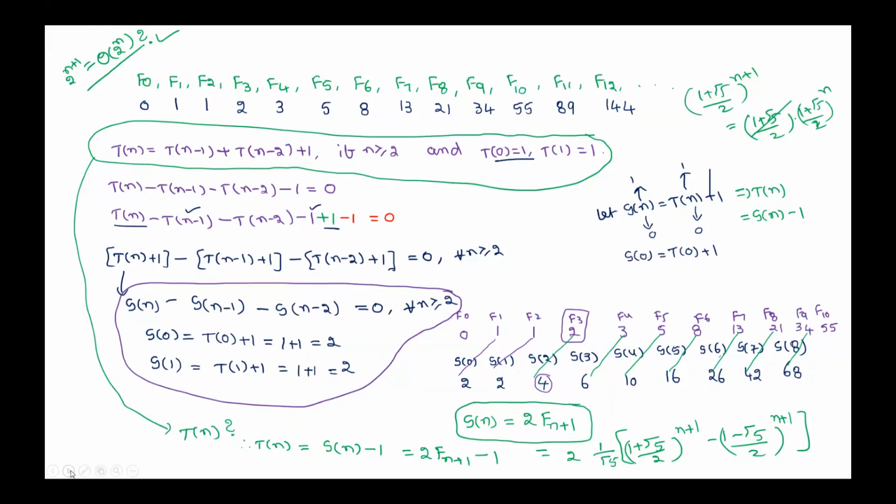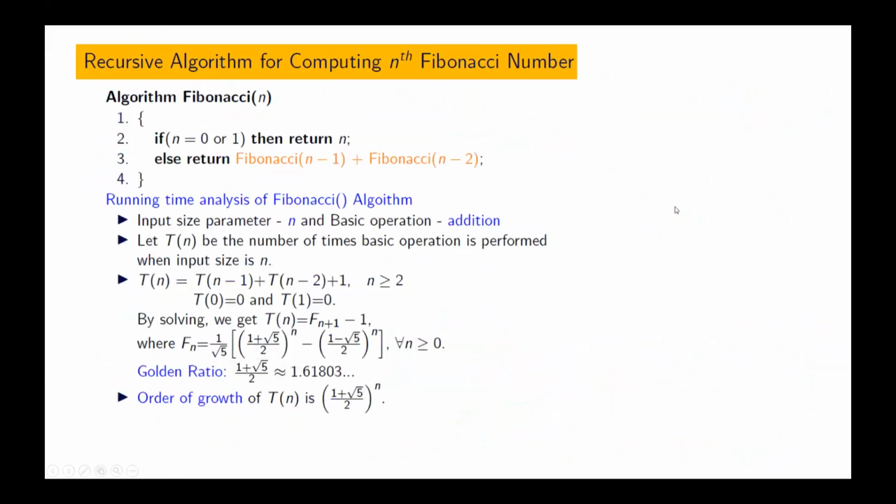Okay. Now let us go back to our algorithm. So this is the algorithm. Here, what is the basic operation that we considered? Input size is n. This is our basic operation, this is comparison. When we consider this as basic operation, what was our T of n value? T of n is